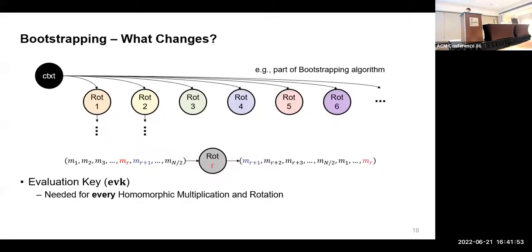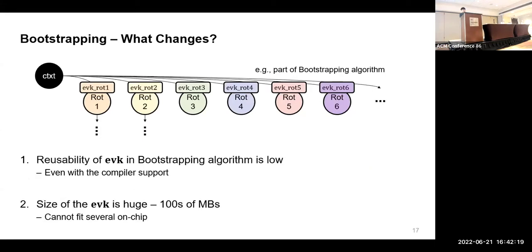So what's so different when we have to consider bootstrapping? This is an example part of the bootstrapping algorithm where multiple different rotations are executed on a single ciphertext. CKKS can homomorphically rotate a message vector circularly. Every homomorphic rotation and multiplication requires auxiliary data for computation called an evaluation key. In fact, every different rotation requires different evaluation keys. So the